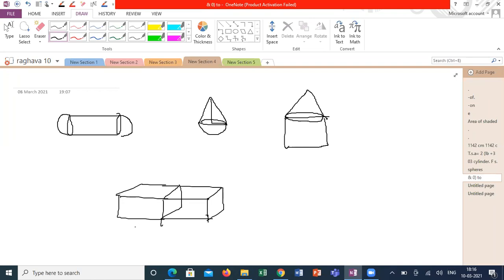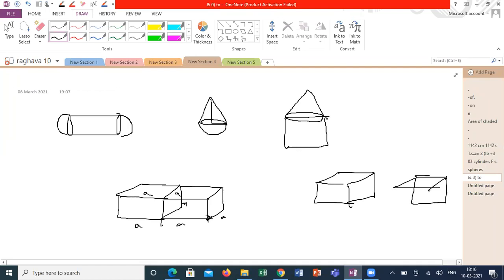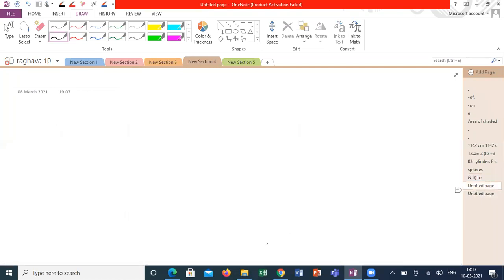of the cuboid? If I'm joining two cubes like this, there are two cubes. If I'm joining these two cubes together, what kind of figure will you get after joining? Might be this kind of shape, so a little visualization is required to understand these topics. That's it. Yes, we'll proceed to some numericals.